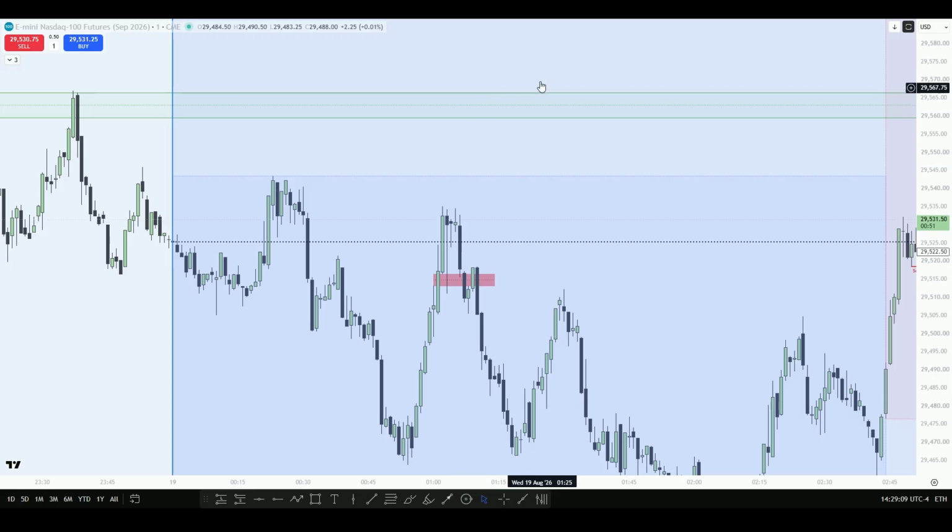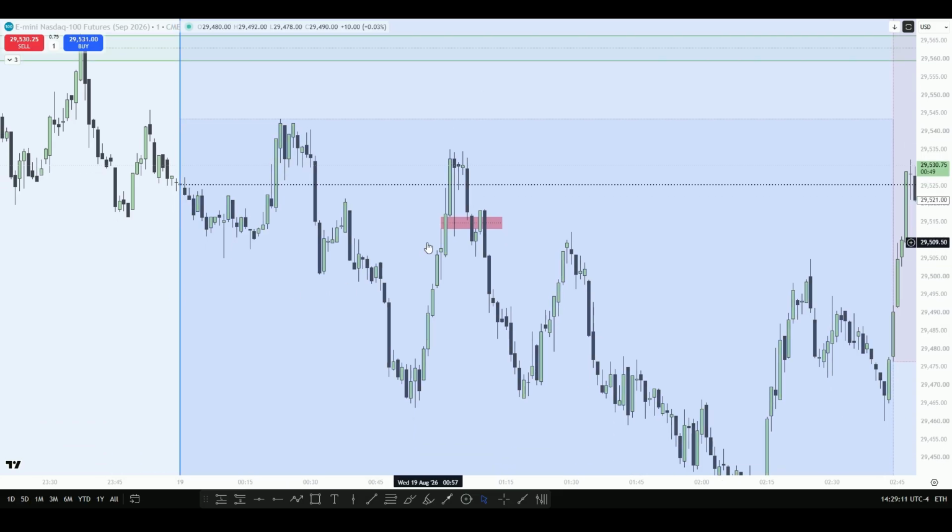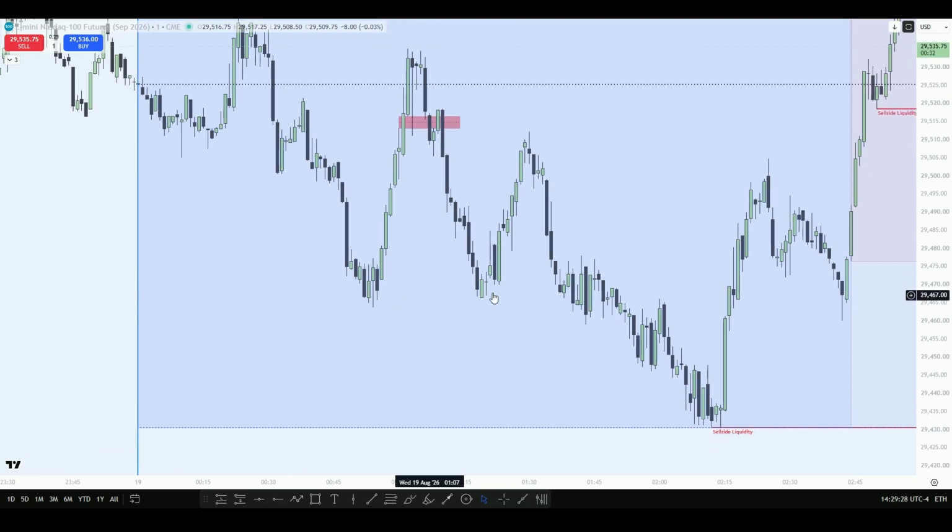Inefficiencies. That's what speed is. Okay, so we trade back into it and into this wick, and then we drop, forming relative equal lows here, then we trace back here to the order block, and then we sweep relative equal lows, we go down. Okay,